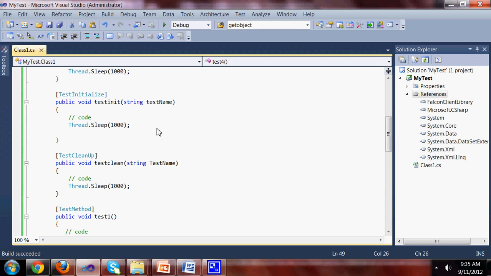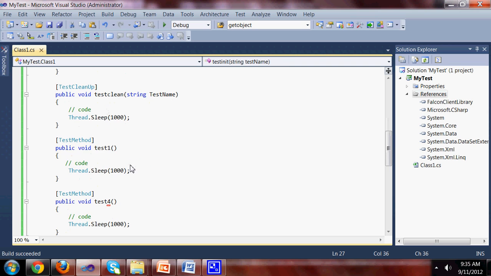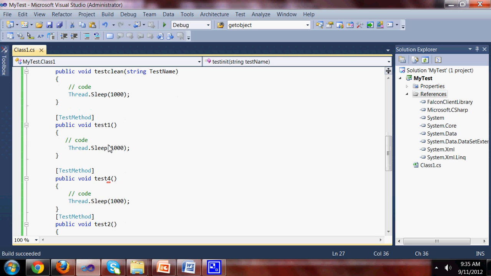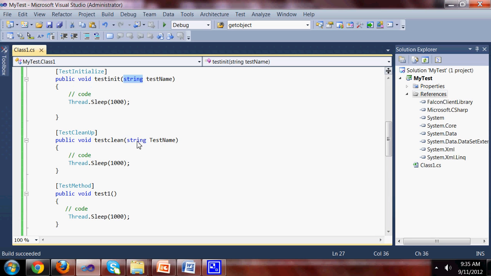If you see, the test initialize and test cleanup are single. So if we have to do different cleanups or different test initialize for these tests, we pass that for which particular test. Let's say test 1 wants to have a different init process and cleanup process. So you can put your code like if